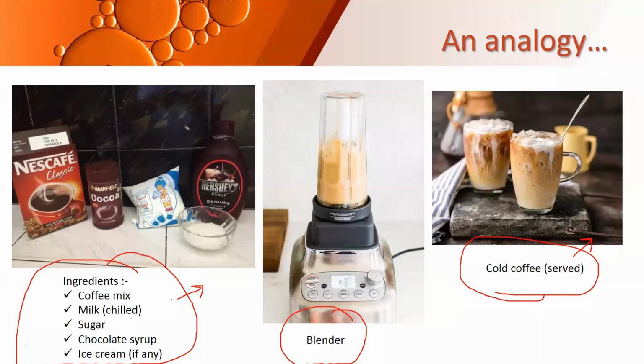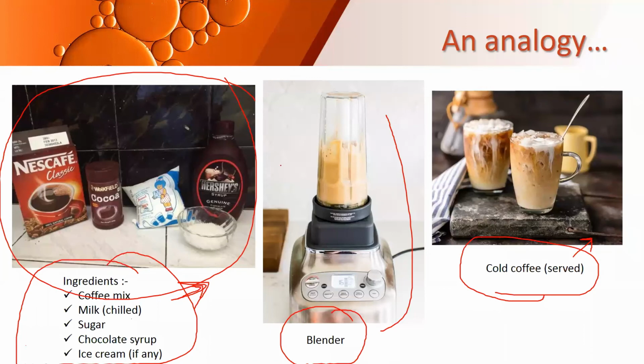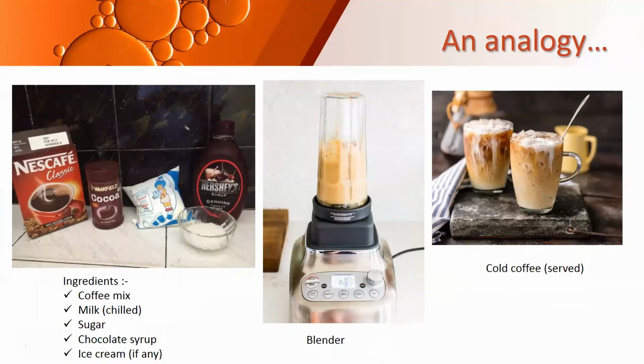So what will you say when it comes to ingredients? What are these? Input, very good, wonderful. So this is the input which we will be giving. There should be a processor. What is the processor over here? Blender. Exactly. The blender is going to mix all these together. It's the only work of the blender, and hence it is doing the work of process. And finally, when you get the finished product, that is your output. Understood? Yes. So this is an analogy from your daily life.